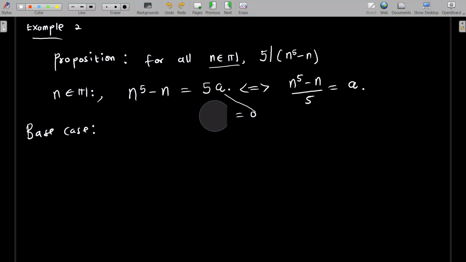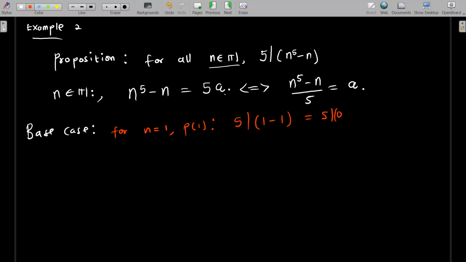Let's work with when n is equal to 1. Actually, you can pick n equals 0 as your base case. So for n equals 1, what happens? P of 1 is such that I'm supposed to show that 5 divides 1 to the power 5 minus 1. Again, this is telling us that 5 divides 0. 5 divides 0 means 0 can be written as 5 times some constant, where indeed 0 is equal to 5 times 0. So here, a is actually equal to 0. So this is true